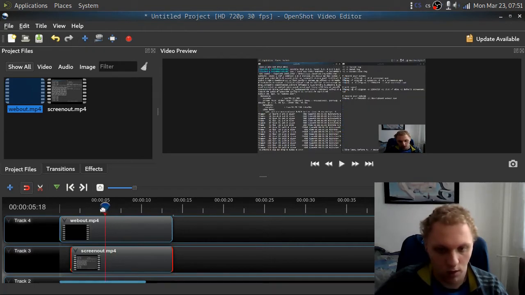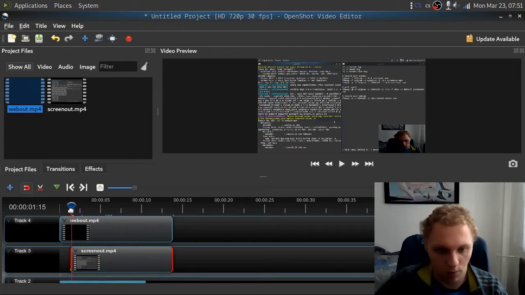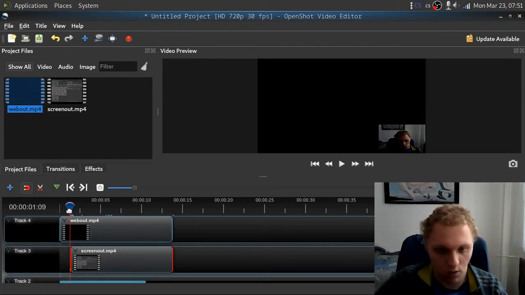So what you can do essentially is you can figure out at which frame your face is showing, and then set it so that it knows what it's doing. So now you can see that my face just turned on first, and then the recording actually started, so it's a bit longer now. So what you have to do is cut this out